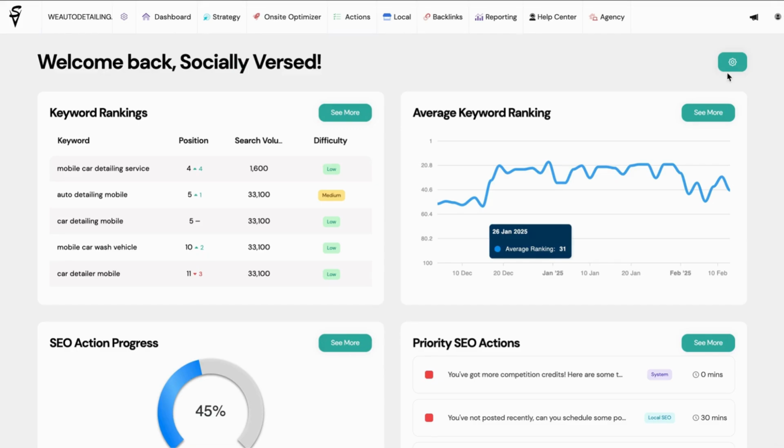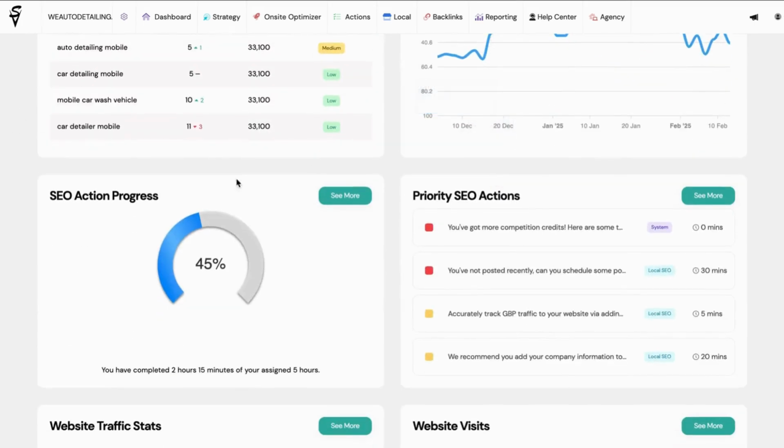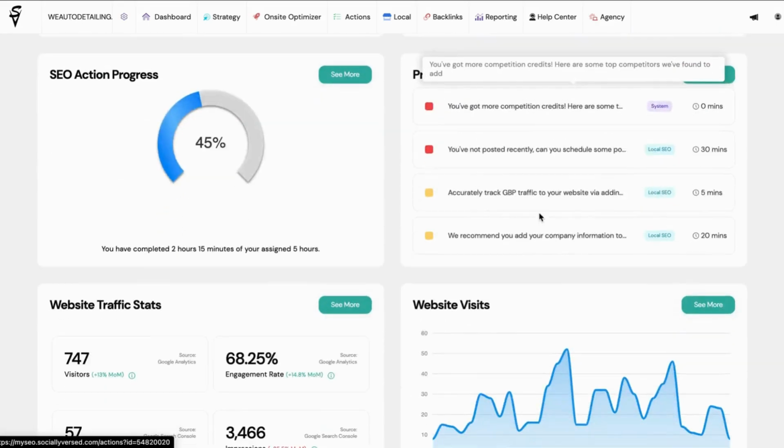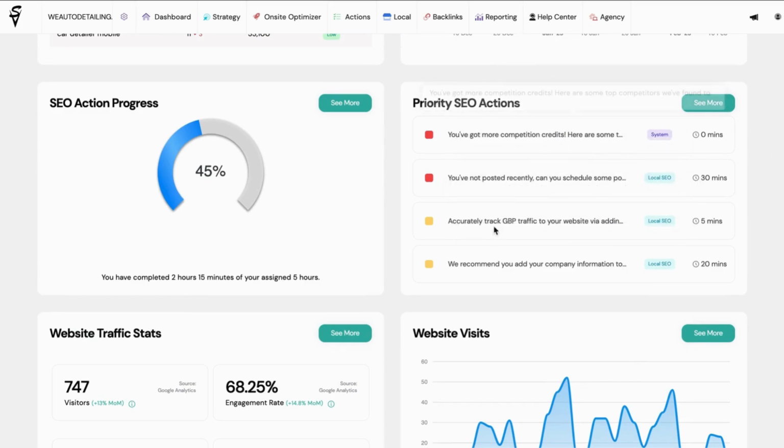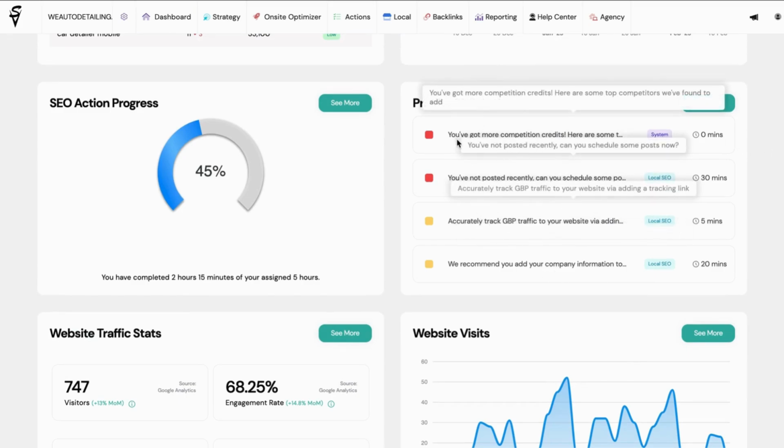So here we are inside of the SV SEO Manager, and let's just give you a quick walk around to refresh you and show you around the software. Overall, we have our dashboard here, which can show you a bunch of analytics and data all in one single view, from your keyword rankings, your average ranking, the progress you're making on your SEO engine tasks,